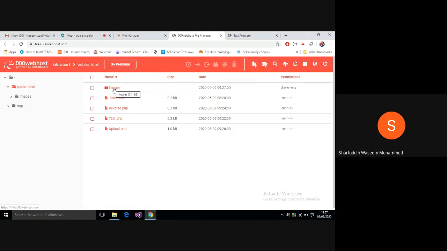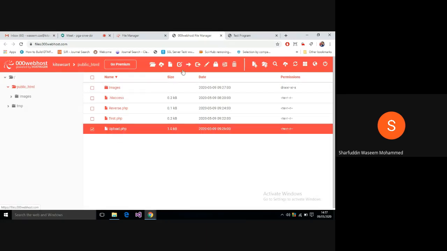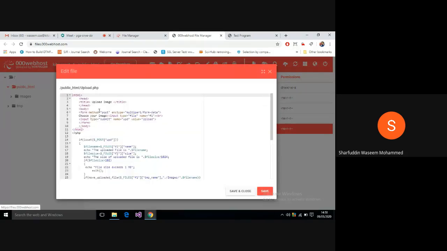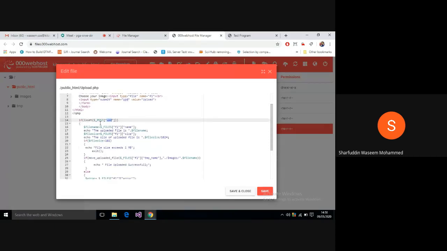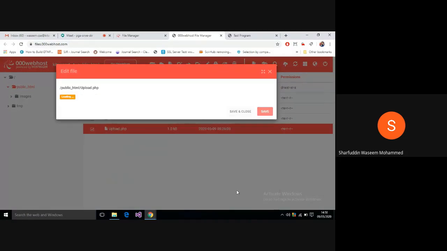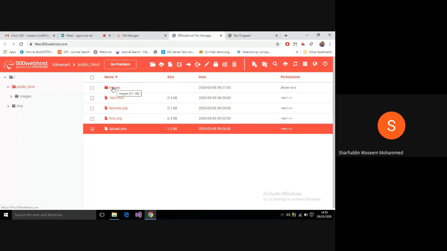So it created a folder for me called images, because in my upload program, if you see the logic, we are checking whether the upload button has been clicked or not. If so, then we get the uploaded file name, and we also display the file size divided by 1024, because it is a number of bytes. We check that if the size is not greater than 1 or 2, then we exit, or else we move the file from the temporary folder to the images folder. That is the reason we need this directory, otherwise it will throw an exception.